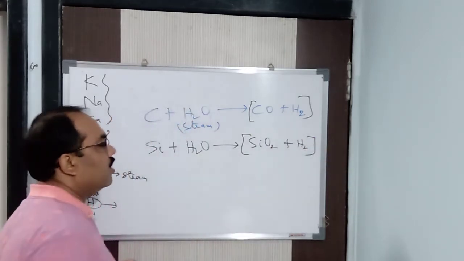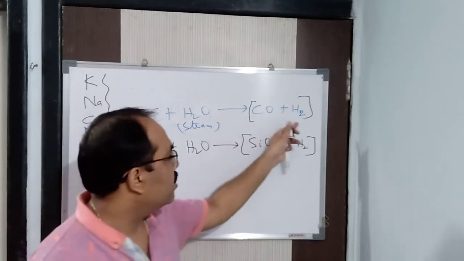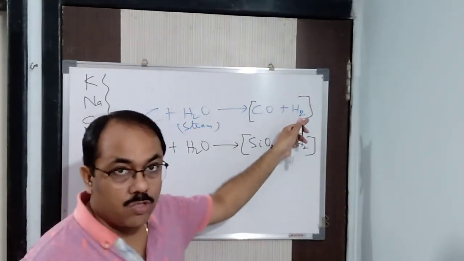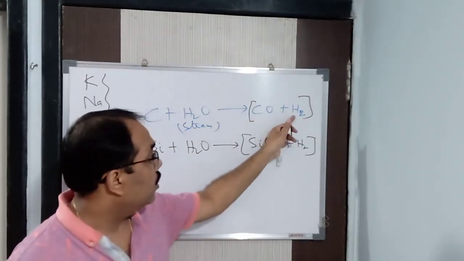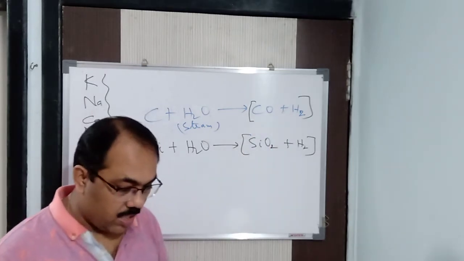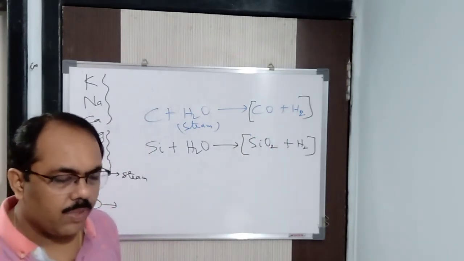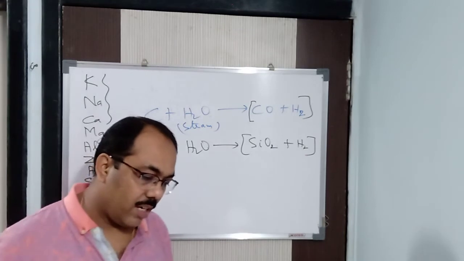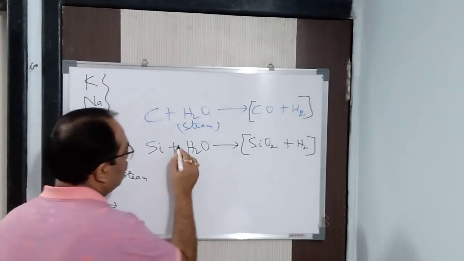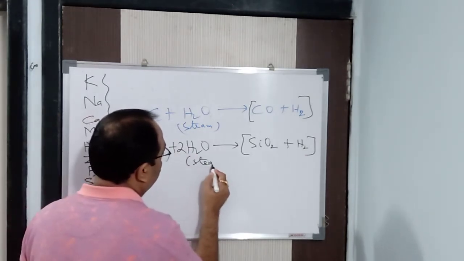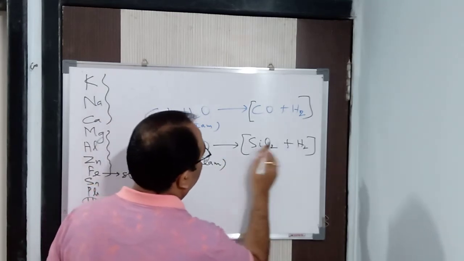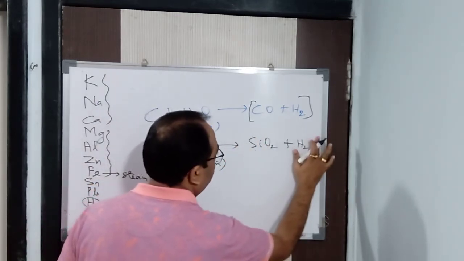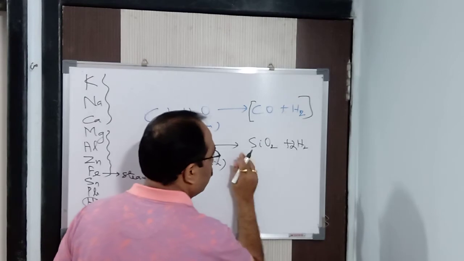Alright, now this is not any particular gas. Like this is called water gas, an equal volume of carbon monoxide and hydrogen. But we don't have any such name for it, because here SiO2 and hydrogen are collected separately. Now to balance it, of course this is also steam. To balance it, I will be putting this, so hence no square bracket will be here. Alright, understood? No square bracket here.